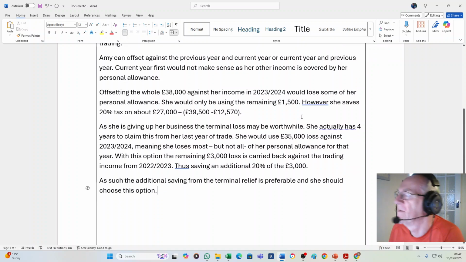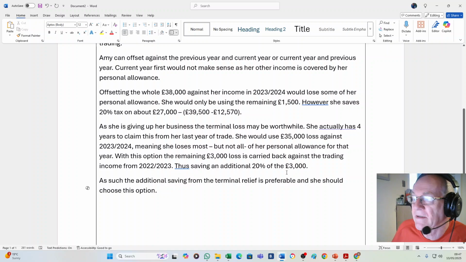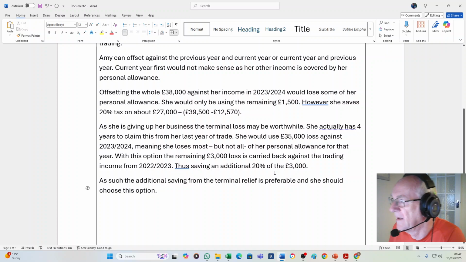Losses do seem to lose marks. I can understand the confusion, having taught it. Notice the difference, the carry back, carry forward variations between limited company and sole traders, almost there to confuse. And obviously the wording in the question, the first one, offset the relief as soon as possible. This one is just which is going to give her most tax back, basically, on the basis she'll have made payments on account towards the year where she's not trading. And that's pretty much it.